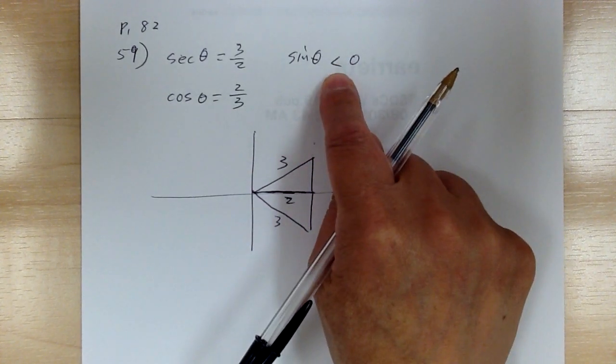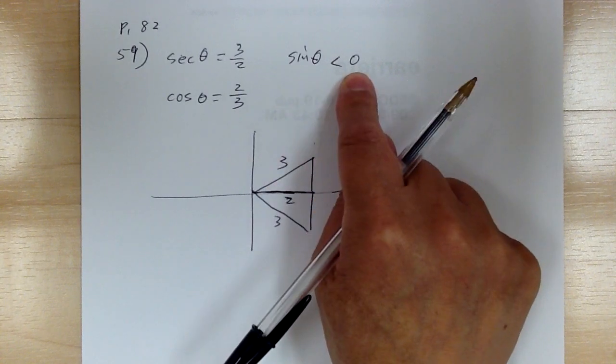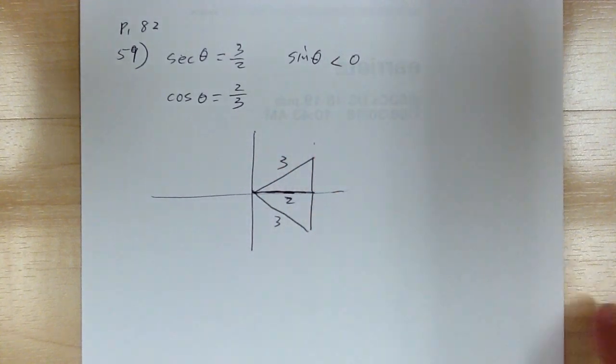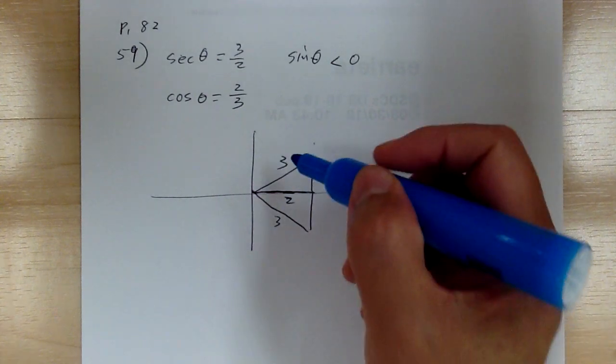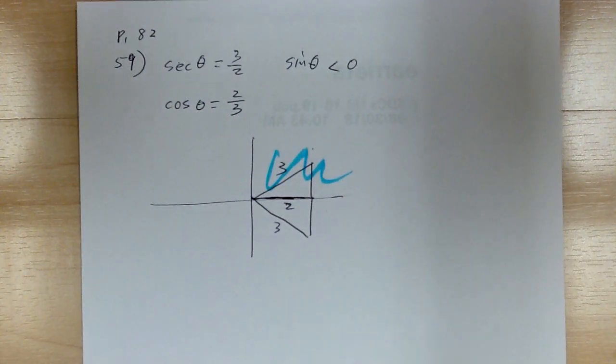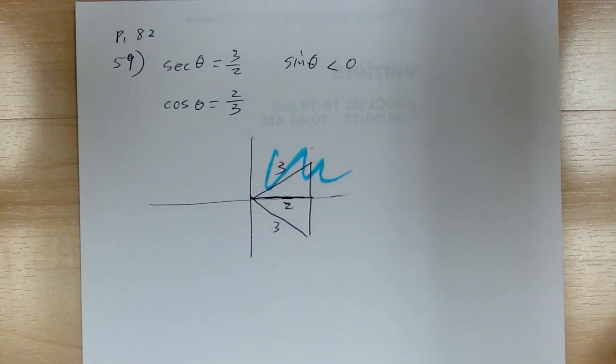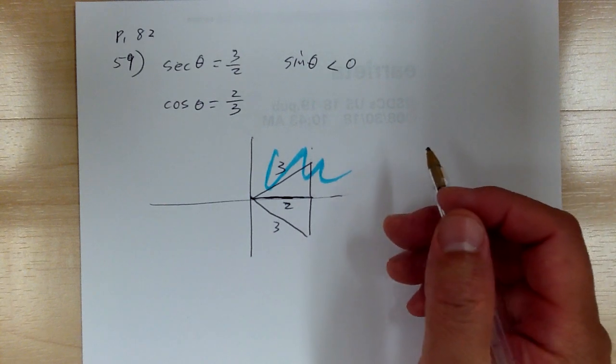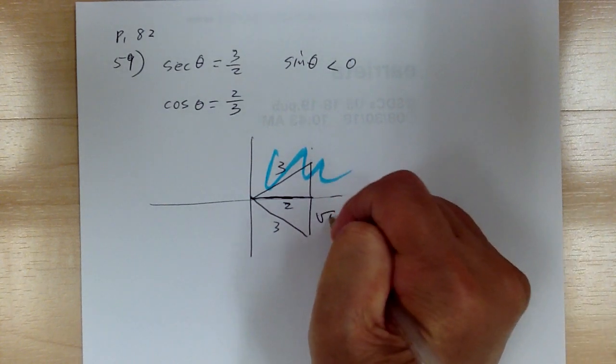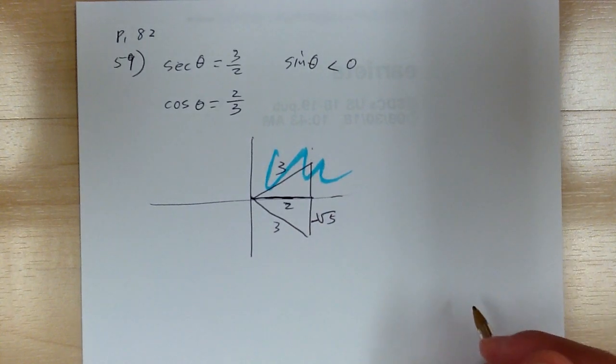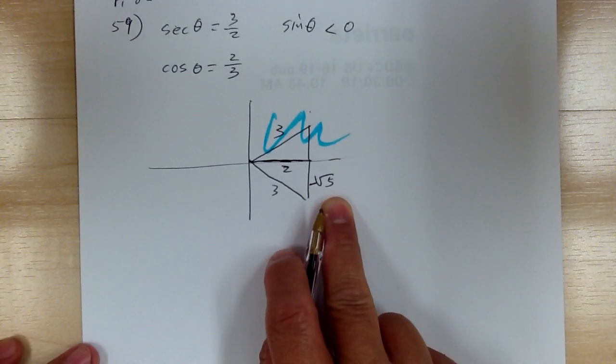So you use the next information. It says sine is less than 0, so it's negative. Sine is vertical and it's negative, so that means this is out, and this is the one you have to use. So use your Pythagorean theorem. This would be square root of 5, negative. Once you figure out your triangle,